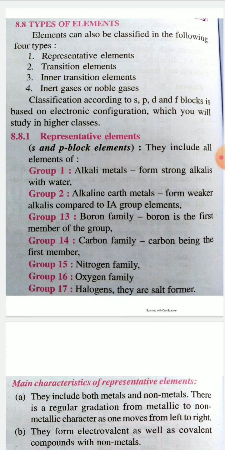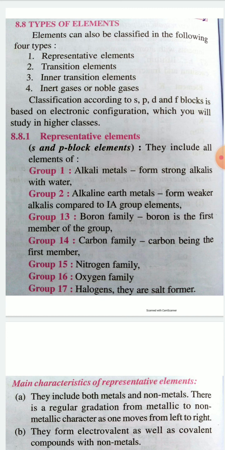Mendeleev and Niels Bohr made the modern periodic table, and Henry Moseley gave the corrected form of Mendeleev's periodic law. According to Henry Moseley, the modern periodic law is: the physical and chemical properties of elements are a periodic function of their atomic numbers, and he told that atomic number is the most characteristic property of an element.